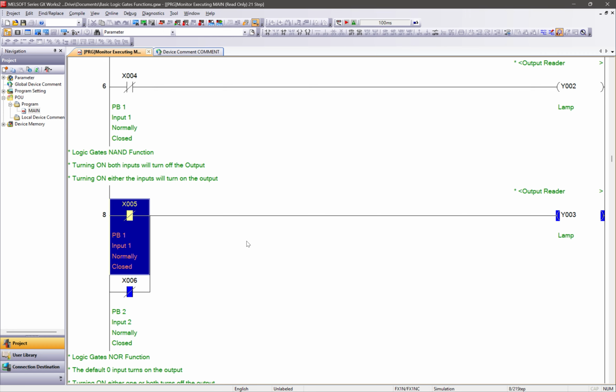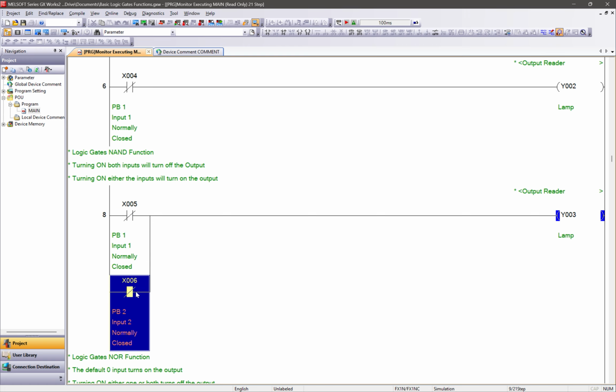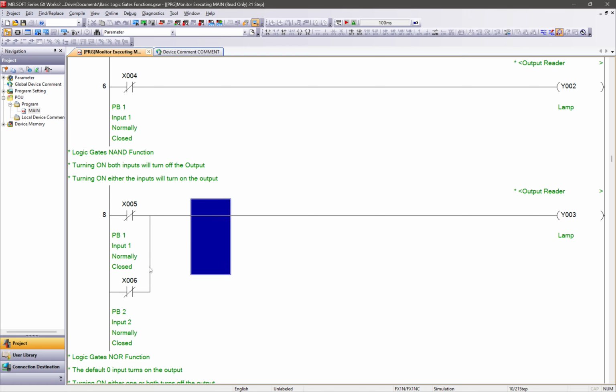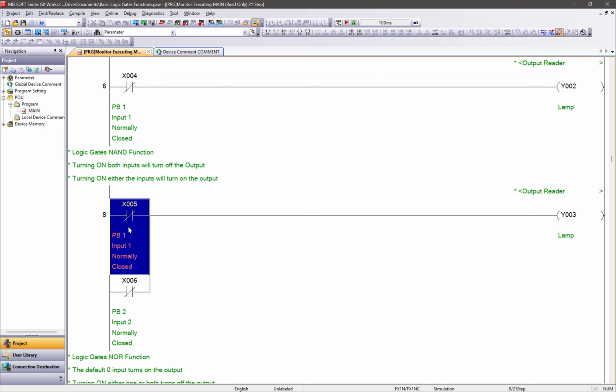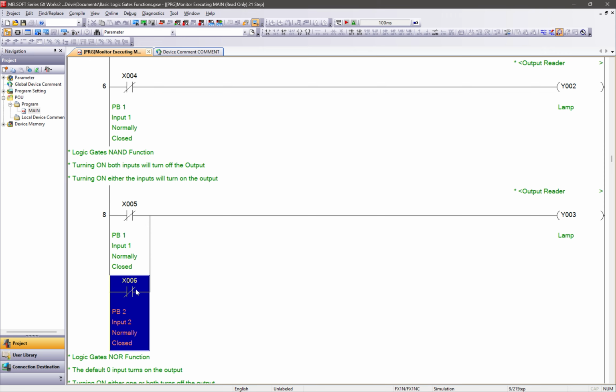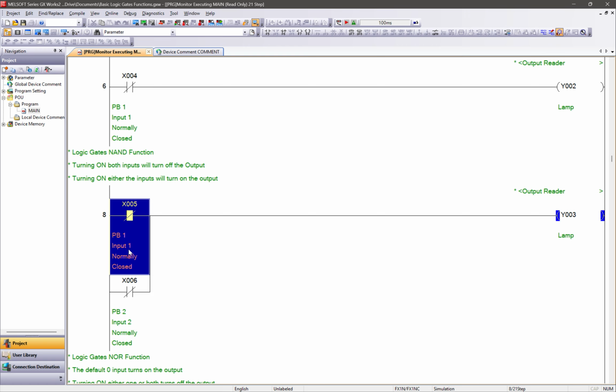By enabling or turning on push button 1 and push button 2 in the logic gate's NAND function, it will turn off if both inputs are turned on, since the inputs or the ones have been applied. By enabling either one will enable the lamp function to be turned on, or I mean turning off. Wait,